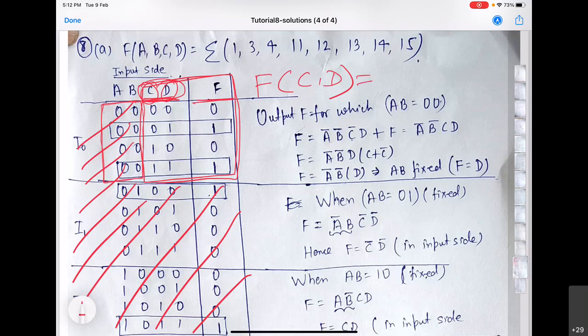F, you can see, is going to be C bar D here and then CD. So no need to take the help of a Karnaugh map. You can simplify it and it will turn out to be equal to D.